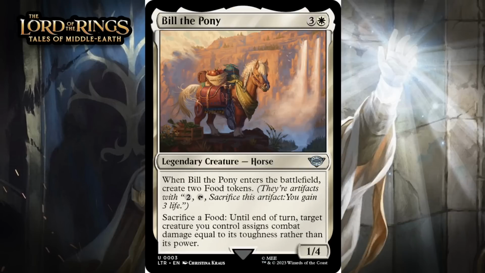Next up, it's Bill the Pony, which for 3 generic and white is a 1/4 legendary horse at uncommon. When it enters the battlefield, you create 2 food tokens, and you can sacrifice a food. Until end of turn, target creature you control assigns combat damage equal to its toughness rather than its power. 4 mana for a 1/4 is a horrible starting point, but 2 food tokens is some pretty real value, and